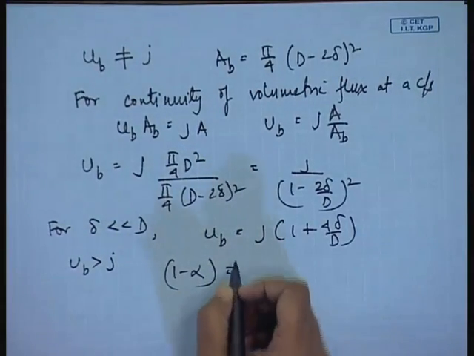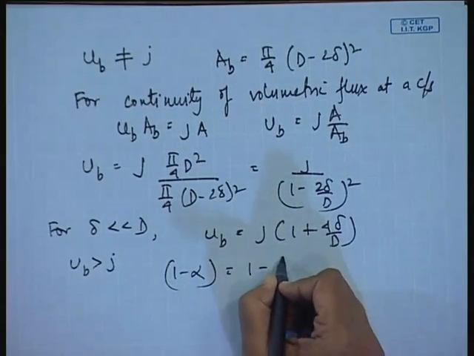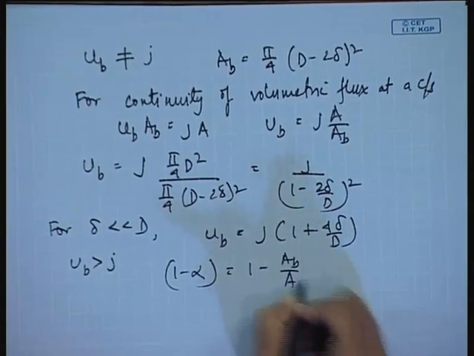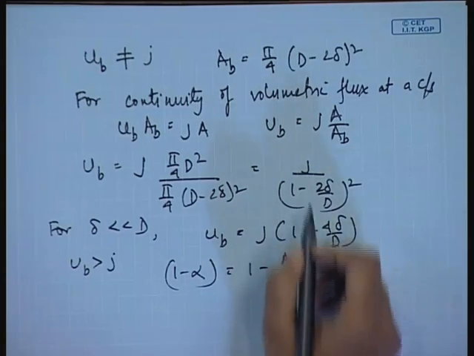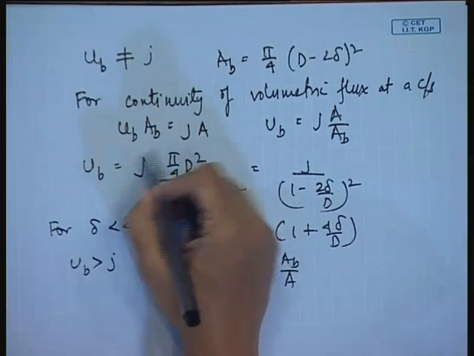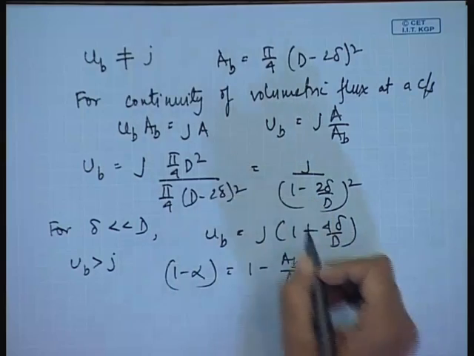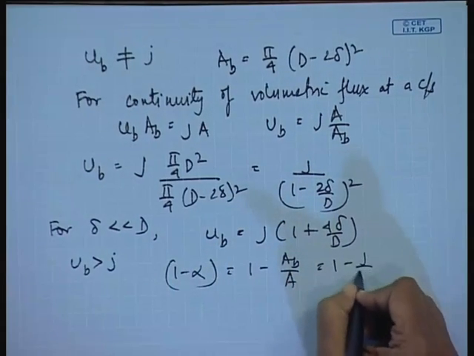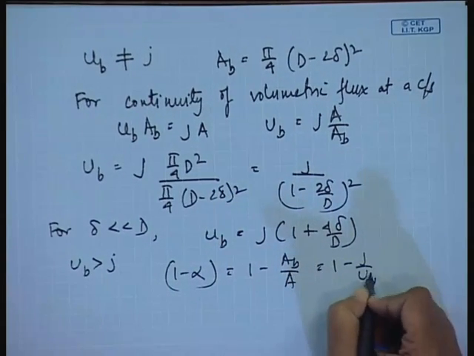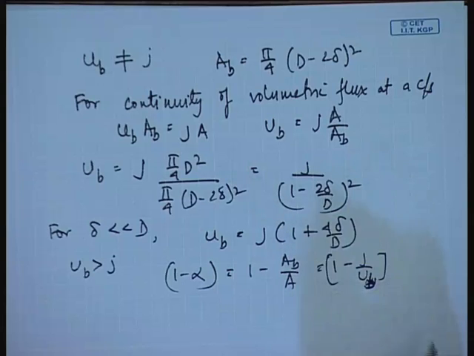Anybody who wants me to repeat any part of this? Or in other words, what is 1 minus alpha equal to? This is nothing but 1 minus AB by A. What is AB by A? AB by A equals J by UB. So, this is equal to 1 minus J by UB, isn't it? So, therefore, what do we find? That in order to find out alpha,